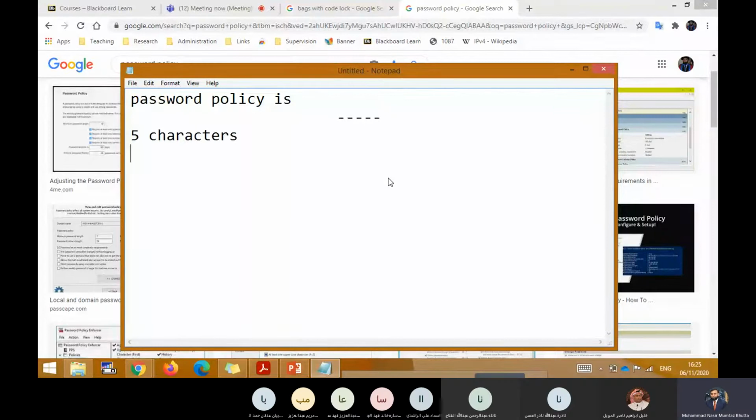If I say the first character should be an English character, then...